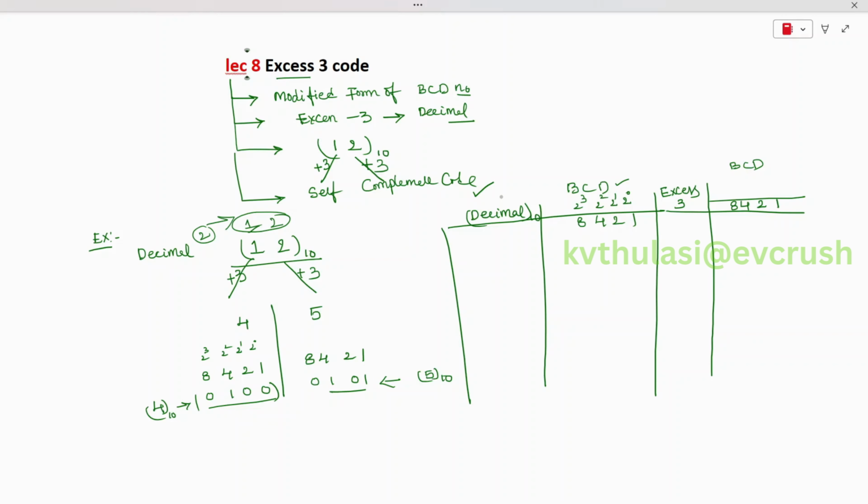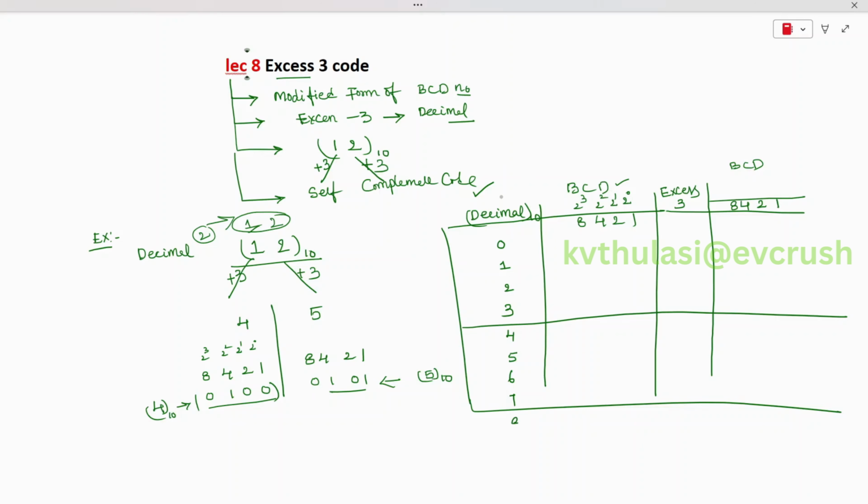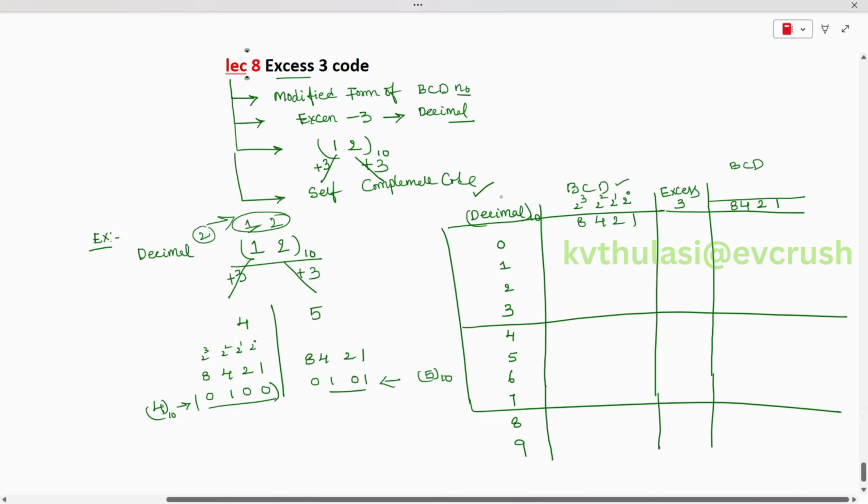Now the valid decimal numbers are 0 1 2 3. So just 4 bits, I'm drawing one line. Next one is 4 5 6 7. So one more set I'm drawing. Next the valid decimal numbers are 8 and 9. So for all these numbers, let's first find out BCD, and then let's try to find out the